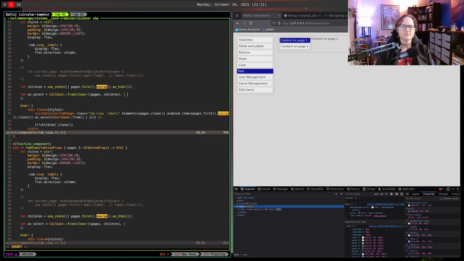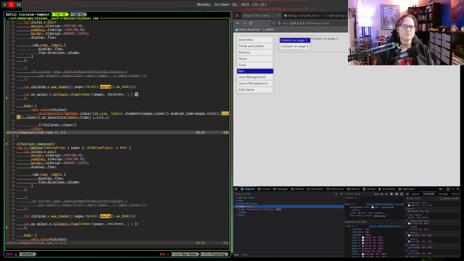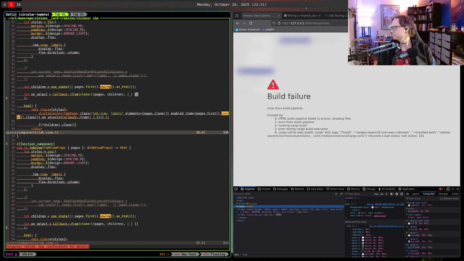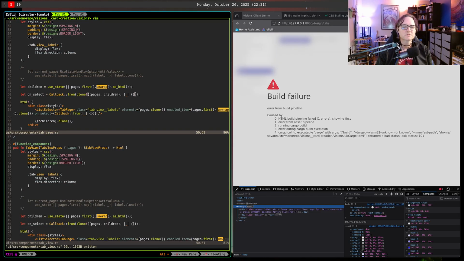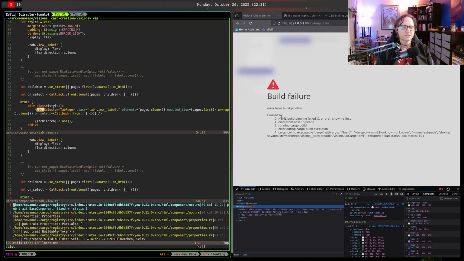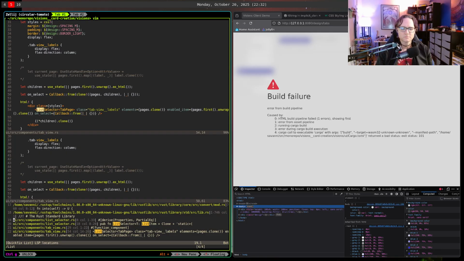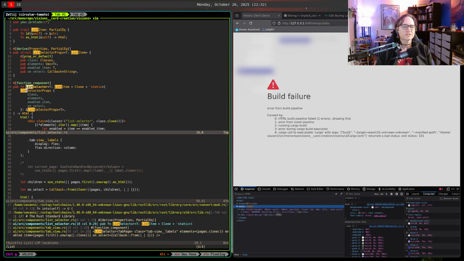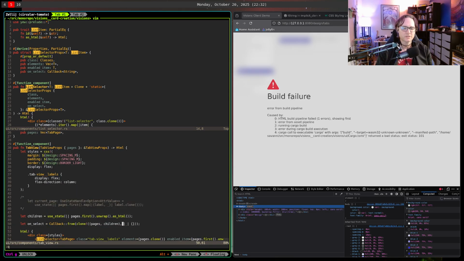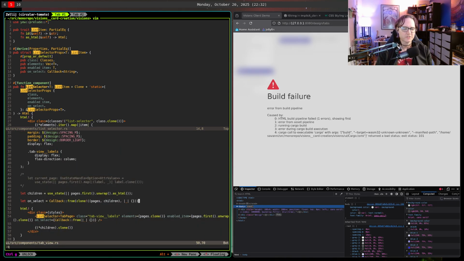That's not going to work yet. Oh boy. There we go. Okay, list selector. My onSelect function takes a string. I'll have to go back and make that more efficient later, but I'm not going to do that at the moment. So this is going to be page name, and then